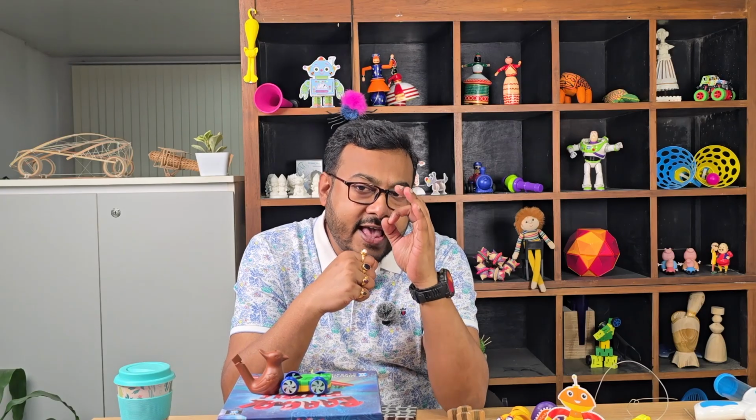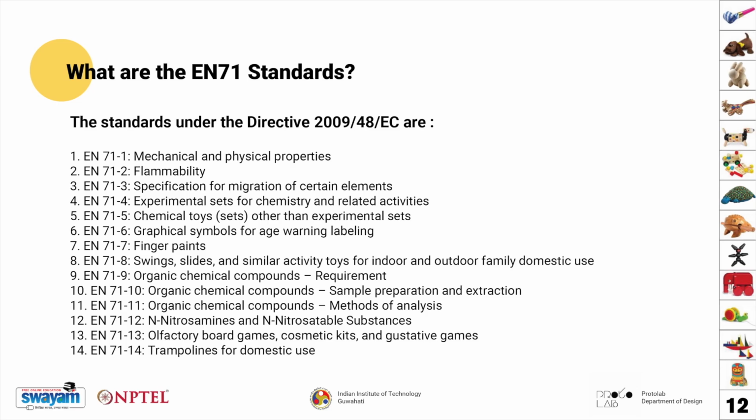The standard has been divided into 13 different parts. The majority of toys would fall under the EN 71 Part 1 safety standard. But manufacturers must consider all these risks when designing and manufacturing toys. The standards under the Directive